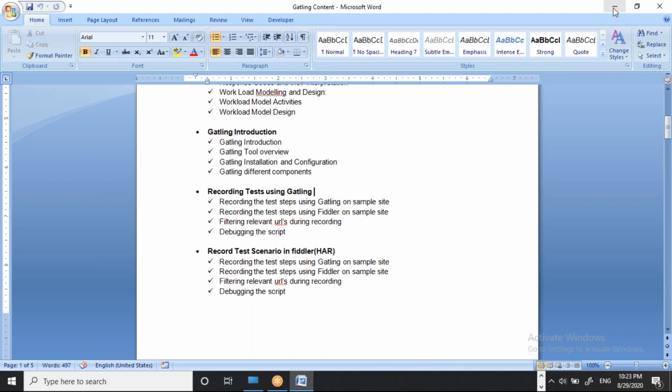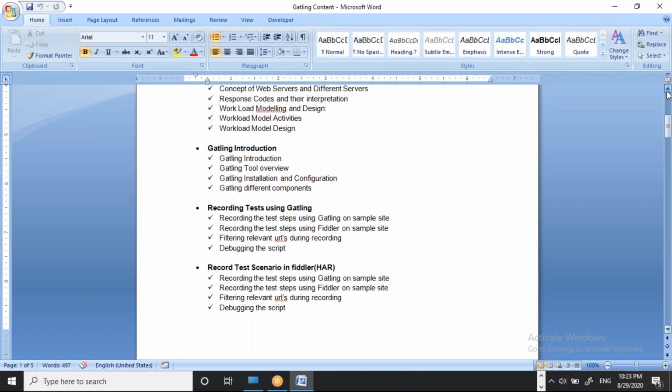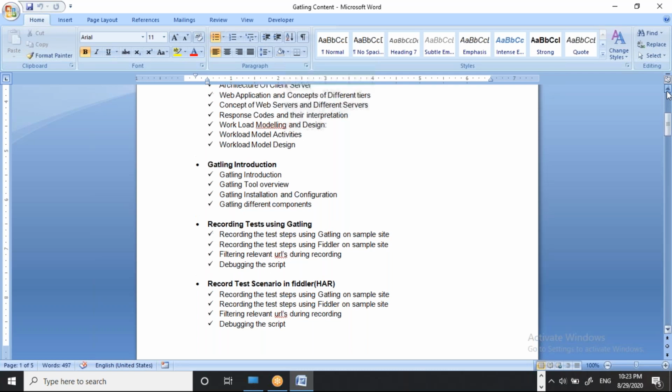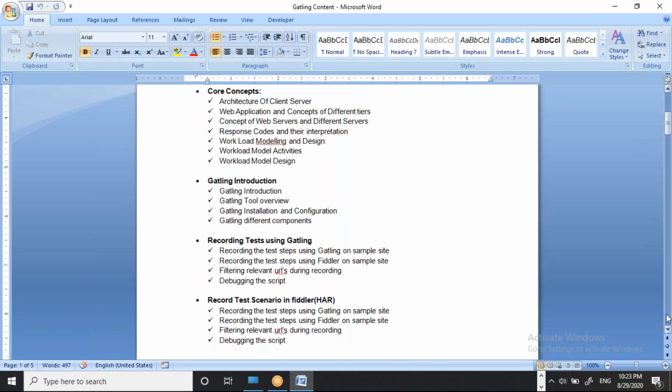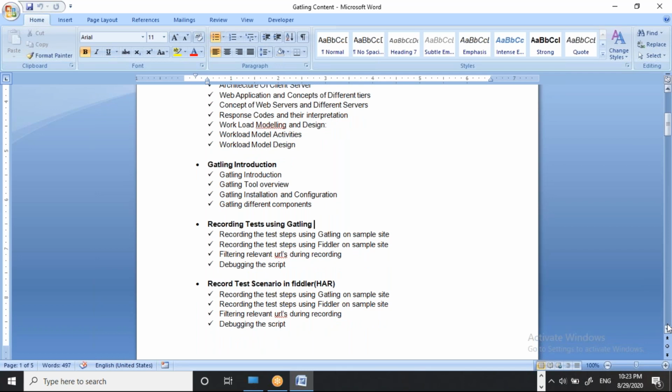If you design the APIs, the domain, e-commerce site or banking site, is required when you are designing your workload model. If you have an e-commerce site, you have to see which users will log in and what the test scenario will be. If you have some offers, users will suddenly try to buy something on your e-commerce site for a specific time period.